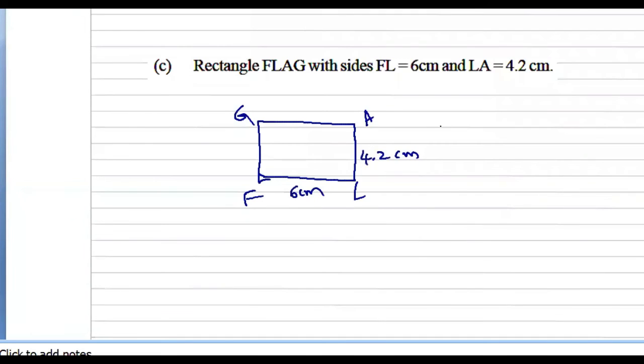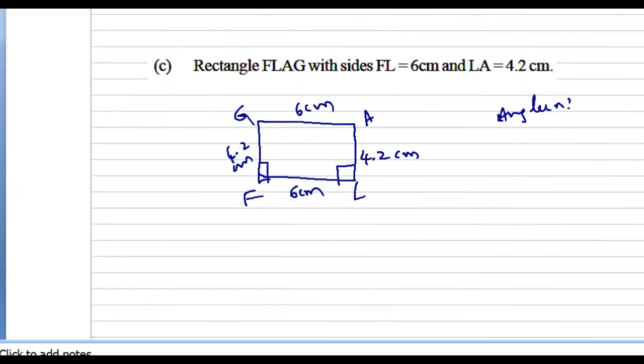We have only two sides. What about the angles here? They did not give any angles, but already we know in a rectangle each angle measures a right angle. So you should construct your angle F 90 degrees and angle L 90 degrees. Then after that we can complete the rectangle, and already we know in a rectangle opposite sides also become equal, that is 6 centimeter G to A, and G to F also becomes 4.2 centimeters. But we don't require this many measurements, so we can complete the construction within 5 measurements, that is 3 sides and 2 angles.